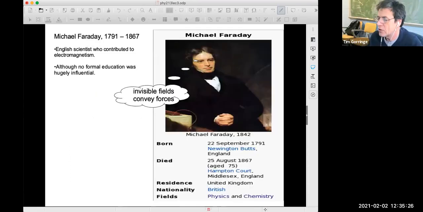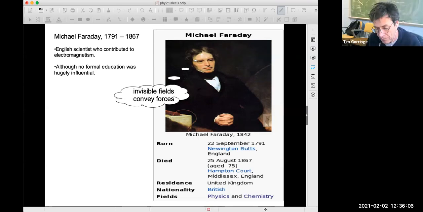Well, the solution to the puzzle came from a very famous physicist and chemist. You might know his name from chemistry. His name was Michael Faraday. He had an interesting history because he was not trained in science. He had no mathematical science education, but he was actually one of the most influential scientists of the